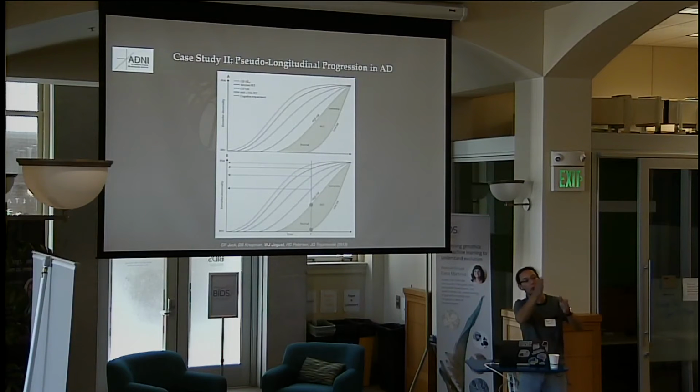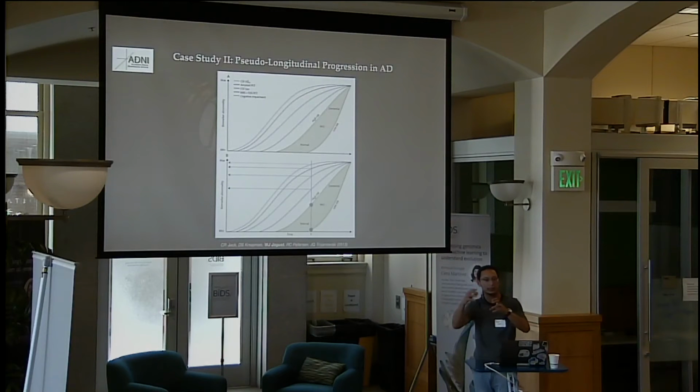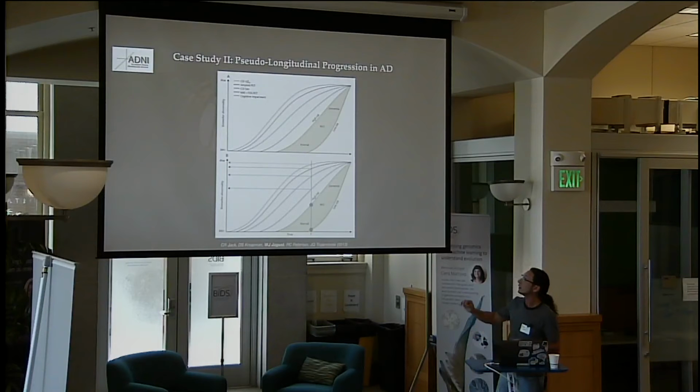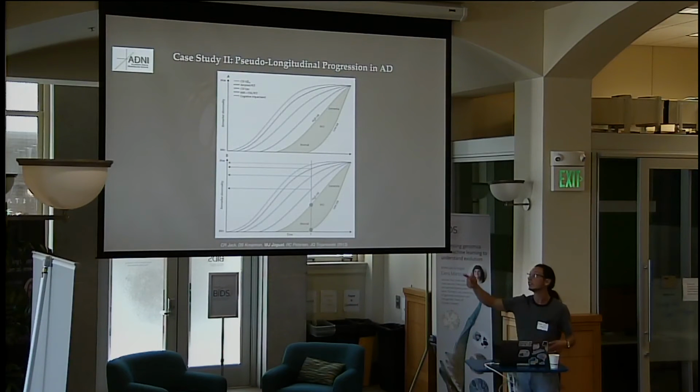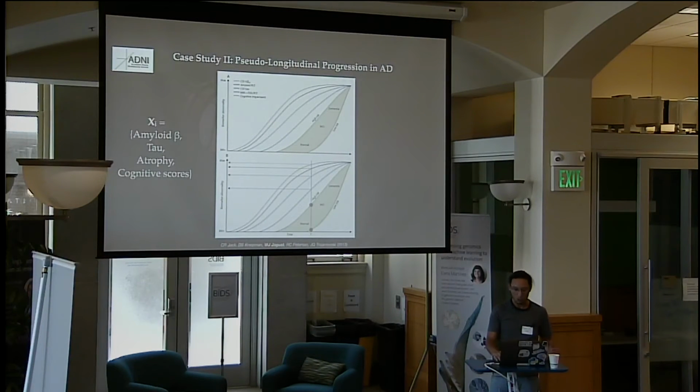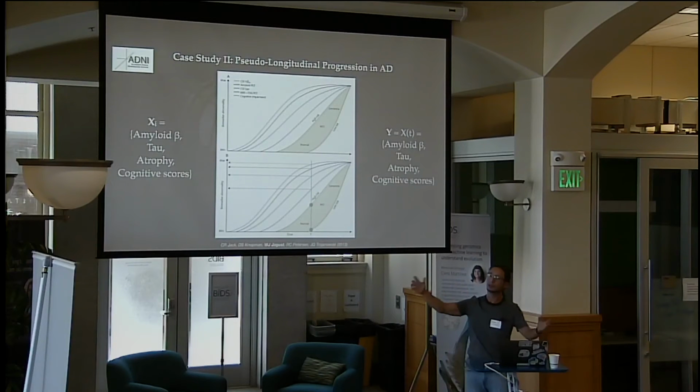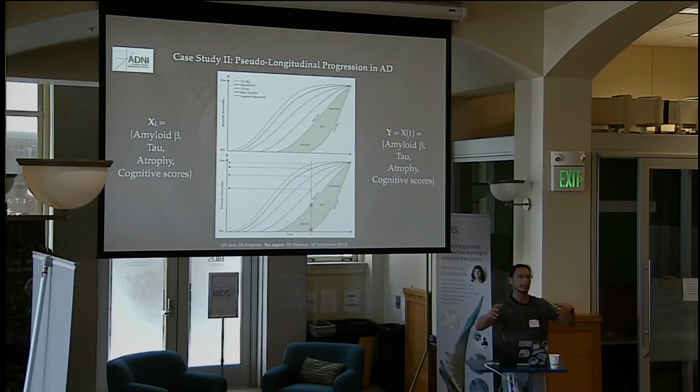So they predicted this sequence, this cascading effect: you first see amyloid accumulating, then you're going to see tau accumulating. This is going to cause the atrophy, and the atrophy is going to cause the cognitive decline. The hard thing about checking whether this prediction is true is that there is very little longitudinal data. There are not enough patients that have been followed over a decade, for instance, where they started measuring tau. This is a very new technique that people have only been measuring in the last 5 years or so.